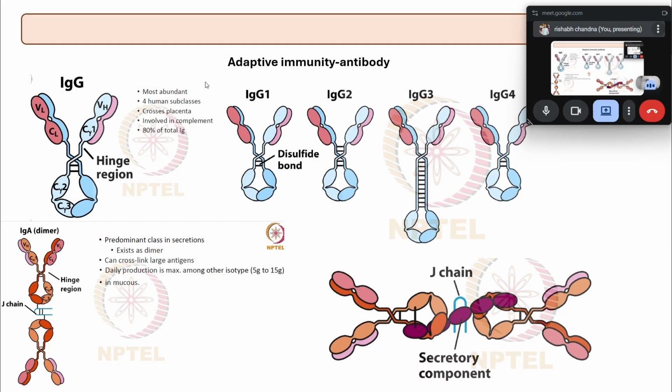Now we have the IgG, that is the most abundant antibody. It has a hinge region, and the classical example of an antibody that we study is the IgG. So this antibody has four subclasses. It can cross the placenta, and it is also involved in the complement system, and it is 80% of the total